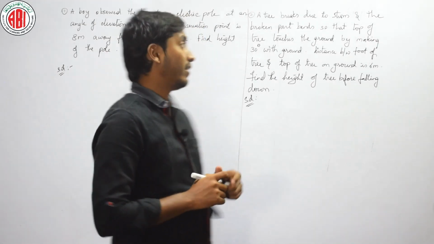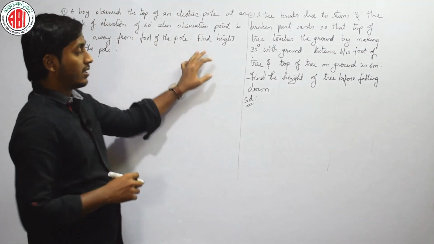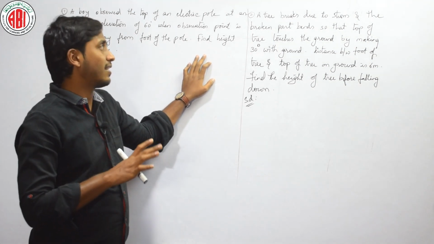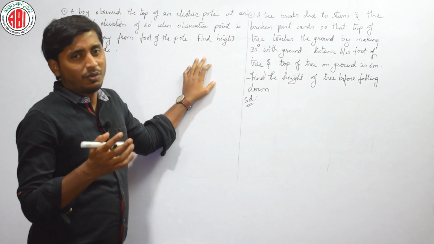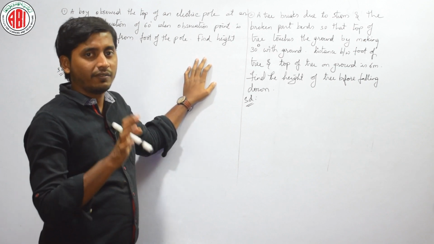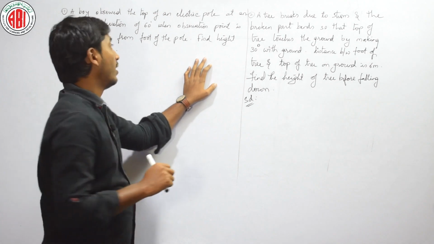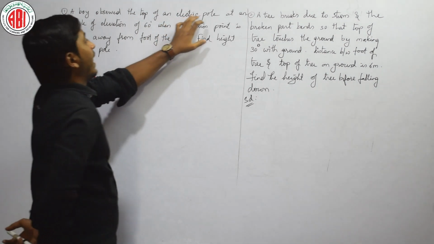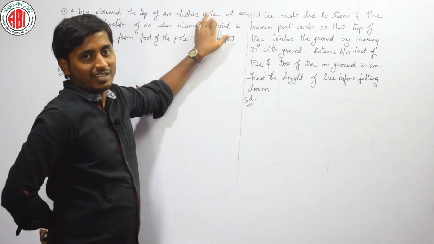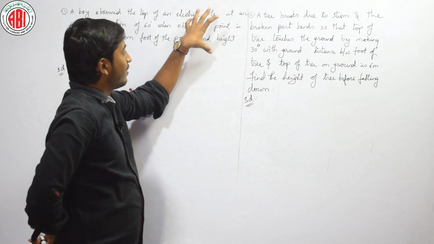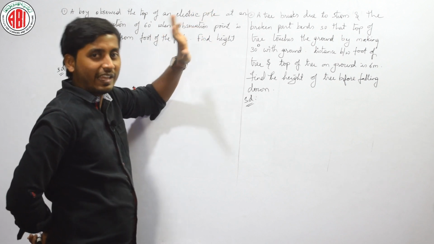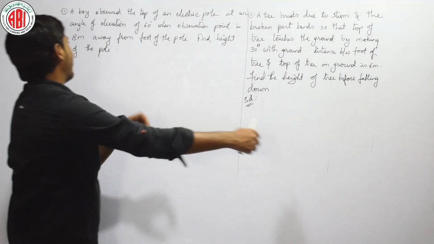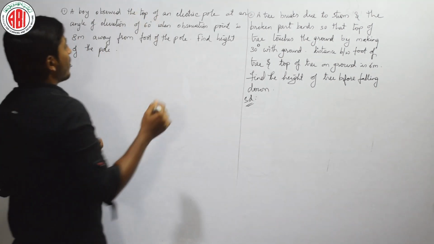See here the question given here, these are the two questions we will solve now. Try to understand these basic questions. The first exercise questions are typically simple, actually you may not get them in the exam, but these are very important to understand, okay. अब देखो इधर, a boy observed the top of an electric pole. Don't think that the question is very big, the problem will be very simple, it will not even take half of my board, okay. अब देखो और एक बार इधर, a boy observed the top of an electrical pole.